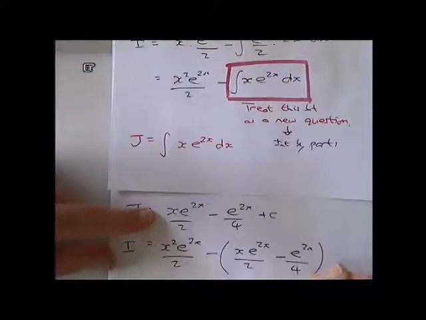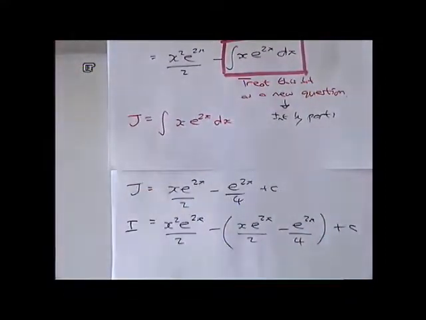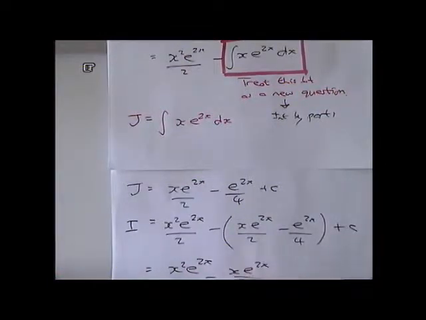I'll stick the plus c on the end, that doesn't need to be in the brackets. Why did I just need to write it in brackets? What might I have forgotten to do otherwise, or what do I need to do now? Minus it. Yeah, that's right, the minus and the minus there will make that bit a plus. So I get x squared e to the 2x over 2 minus plus